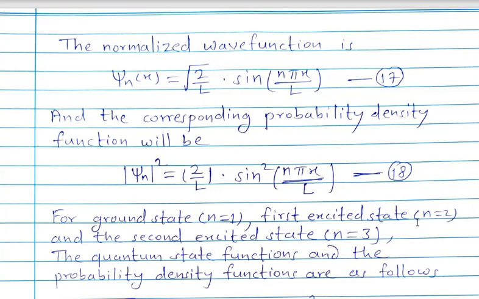Now depending upon the value of n as 1, 2, 3, correspondingly we get the different quantum states of the particle. When n is 1, we get the ground state, if the value of n is 2, it corresponds to the first excited state, and if n is 3, it represents the second excited state of the particle. Now, these first three state functions and probability density functions for the particle confined inside a one-dimensional rigid box